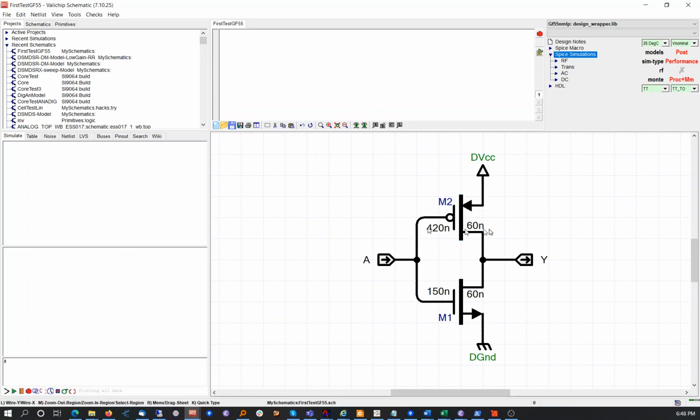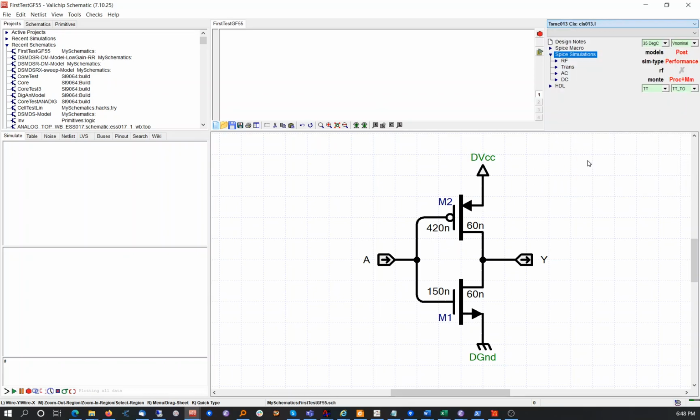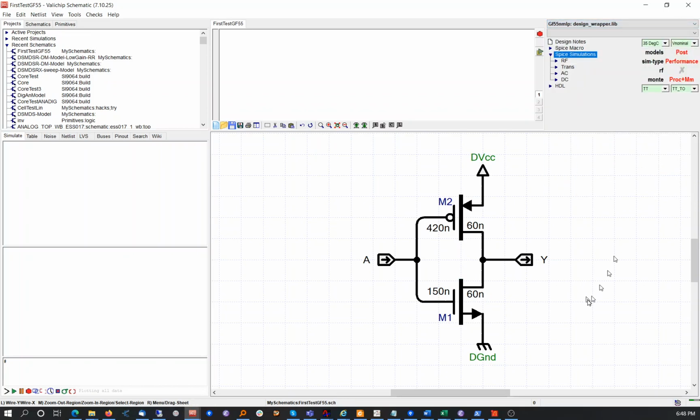When we switch to this process, the device sizes adjust to some reasonable defaults. Let me just show you that again. If I go somewhere else, the sizes of devices are that. When I go back to that Global Foundries 55 nanometer process, the sizes come out reasonable. This is currently connected to Smart Spice. Smart Spice is hooked up in the background, and so for the Global Foundries process, let me just show you